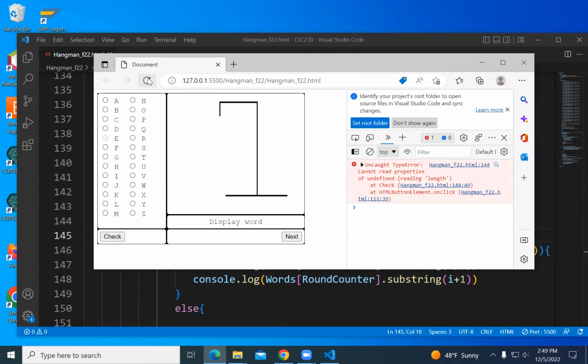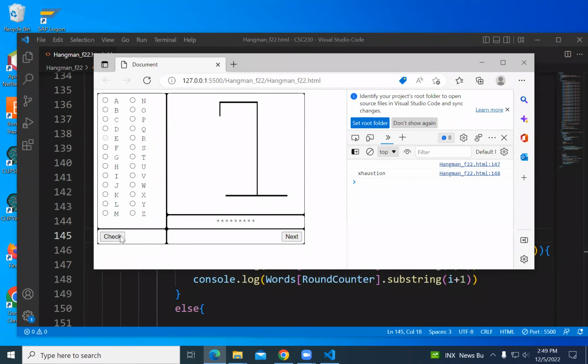Next, E. When it finds the E, it gives me the rest. Let me do E again, check. There were no E's. Let me do an O. And the word was psychotic, and I have psych, and I have tick.